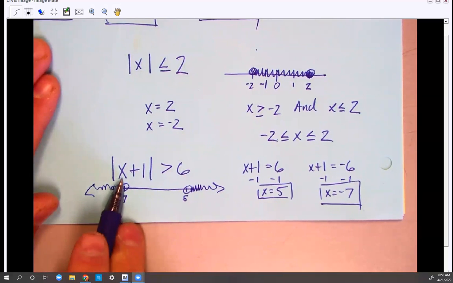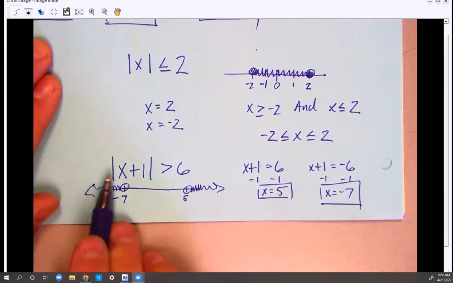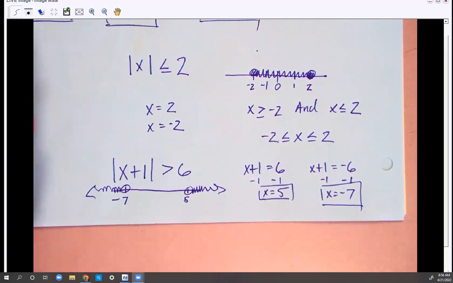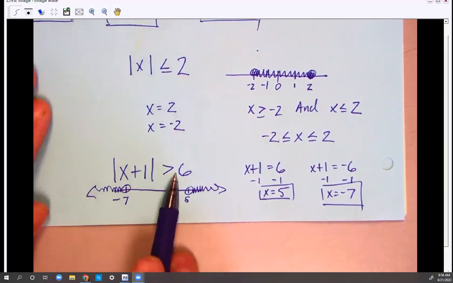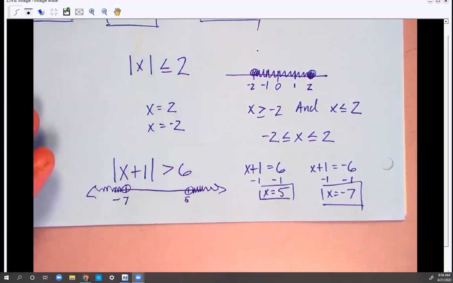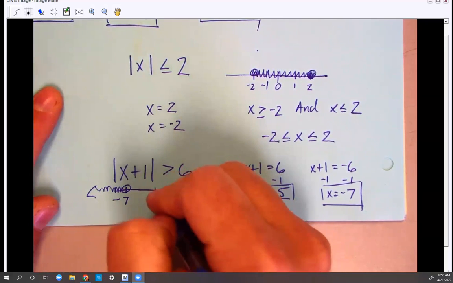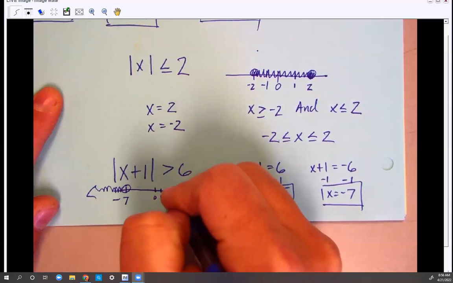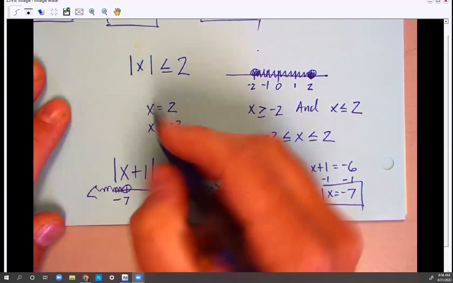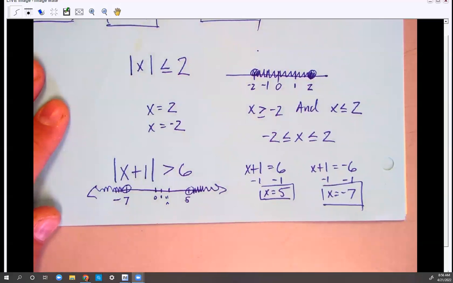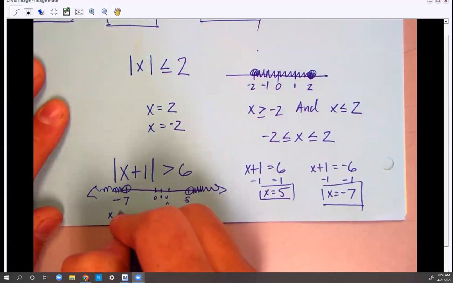You plug in a 0, you're not far enough away. 0 plus 1 is 1. 1 is only 1 away from 0. That's not more than 6 away. So 1 is not a solution. 0 is not a solution. 2 is not a solution. Those are not solutions. So my answer is any number less than